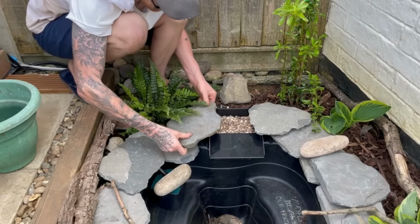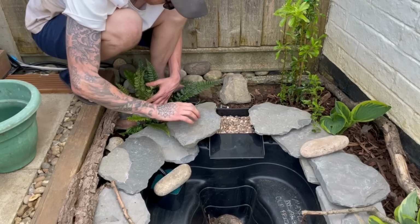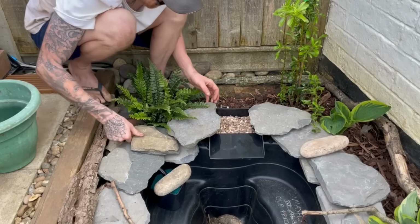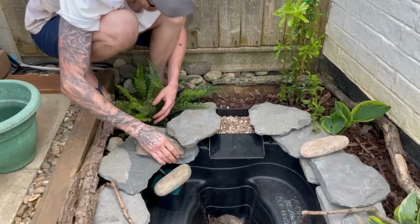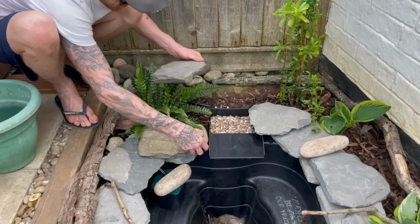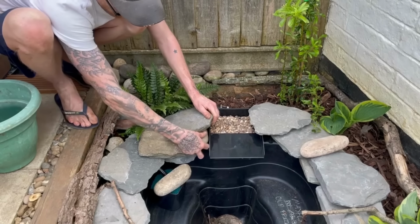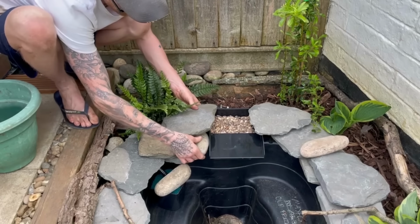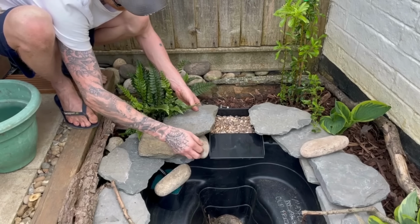But whilst I do that, I thought I'd take a minute to talk about the maintenance of this little filtration system, which will include the occasional rinse out of the pre-filter sponge, and then I estimate maybe a yearly full breakdown of the actual mini bog filter itself, probably at the beginning of spring, where all the rocks and gravel can be removed and any muck that may have settled at the bottom cleaned out. I'll probably use my pond vac for this, then all put back together and planted up, ready for the season